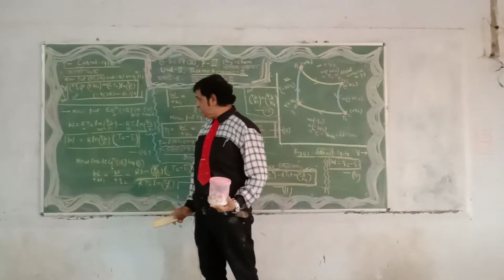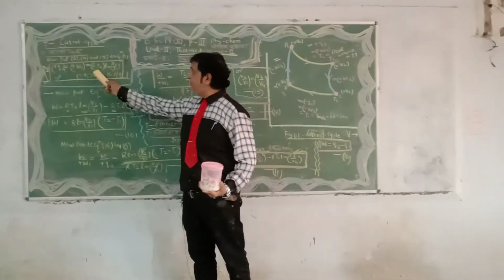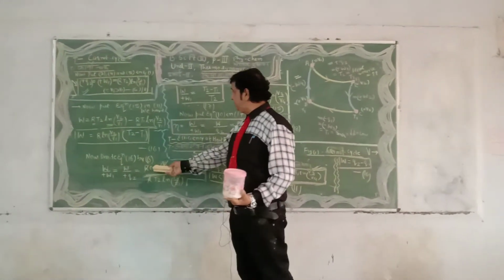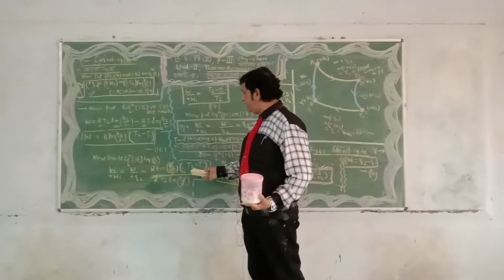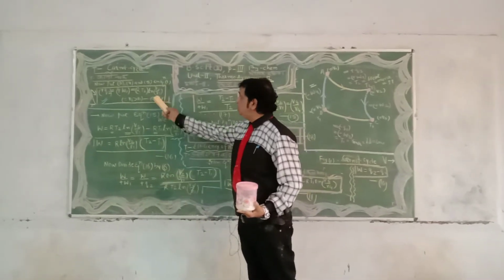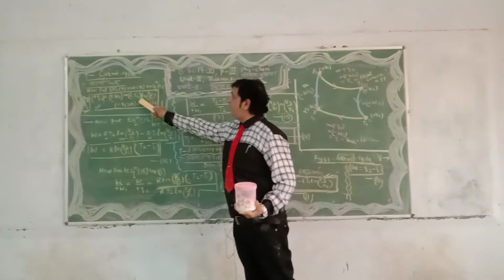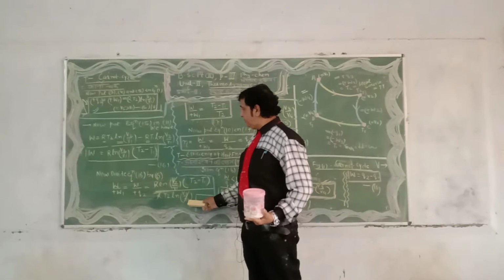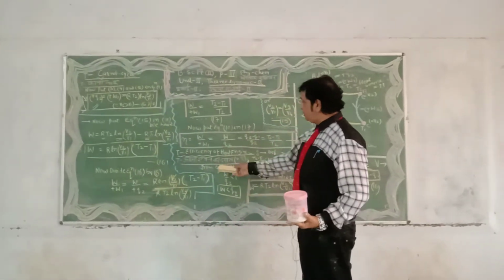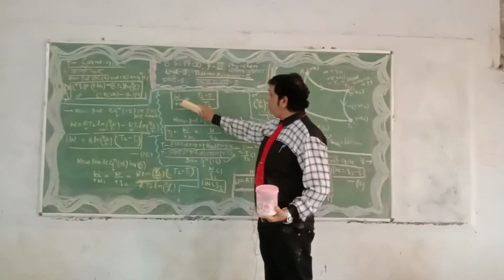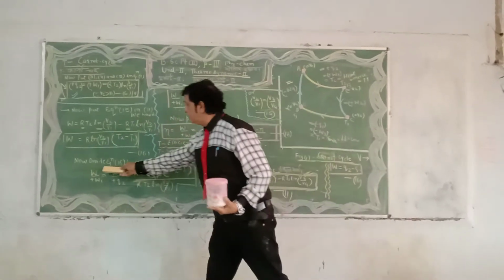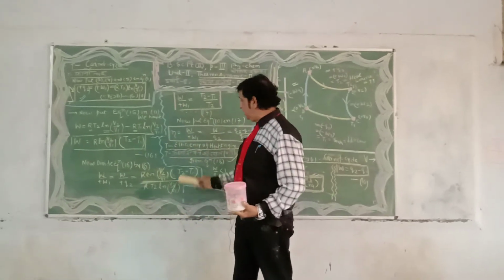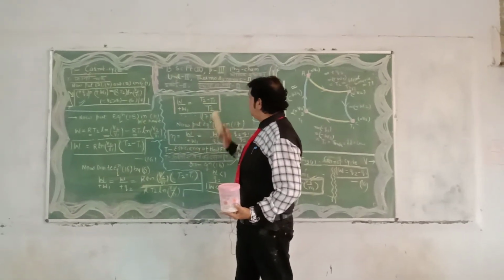W will remain as such. Put down the value of W, the whole work we have calculated here, R ln V2/V1 (T2 minus T1), divided by Q2. This value is expressed as RT2 ln V2/V1. R will be cancelled by R, and V2/V1 is cancelled by V2/V1. The rest of the quantity is (T2 minus T1) upon T2. So W upon +W1 is equal to R (T2 minus T1) upon T2.